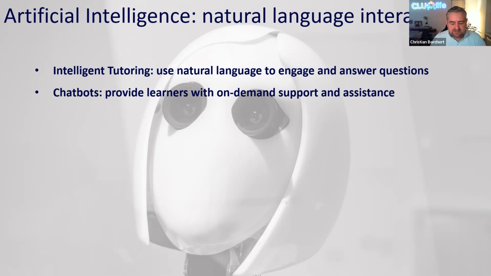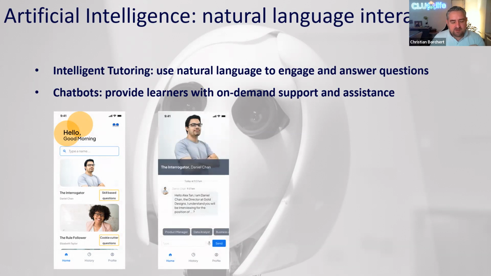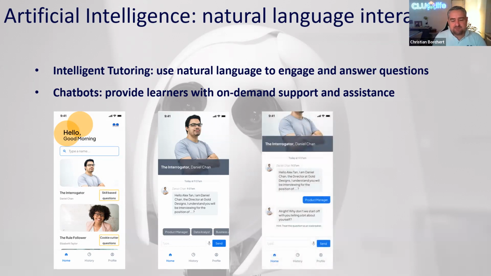The example that I'm presenting here is, imagine you want to train somebody on having a job interview. There will be an app where you can choose which type of personality the hiring manager should have that you will simulate a job interview with. And then in the second step, the job interviewer asks you what kind of job you actually want to interview for, because of course you have very specific needs that you want to practice on. For example, I want to become a marketing manager, or I want to become a security guard, or whatever it is. And then you will have a conversation with this chatbot that is really simulating the hiring manager and acting as if it were a hiring manager,